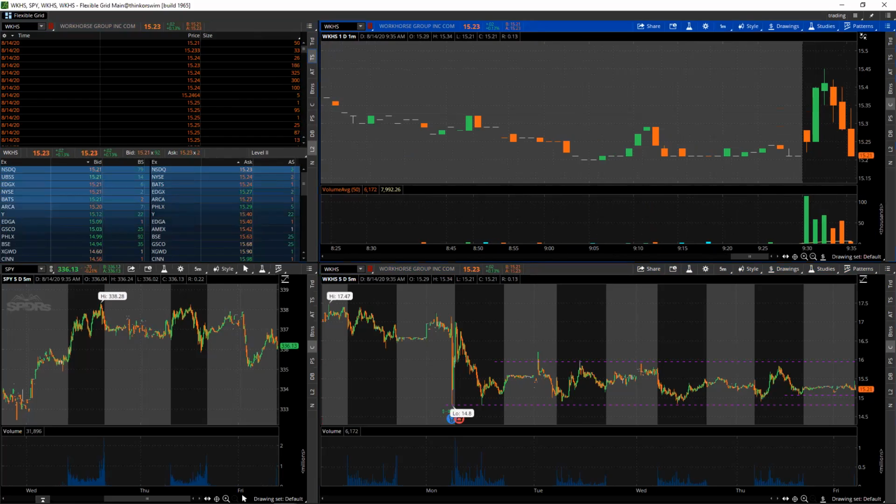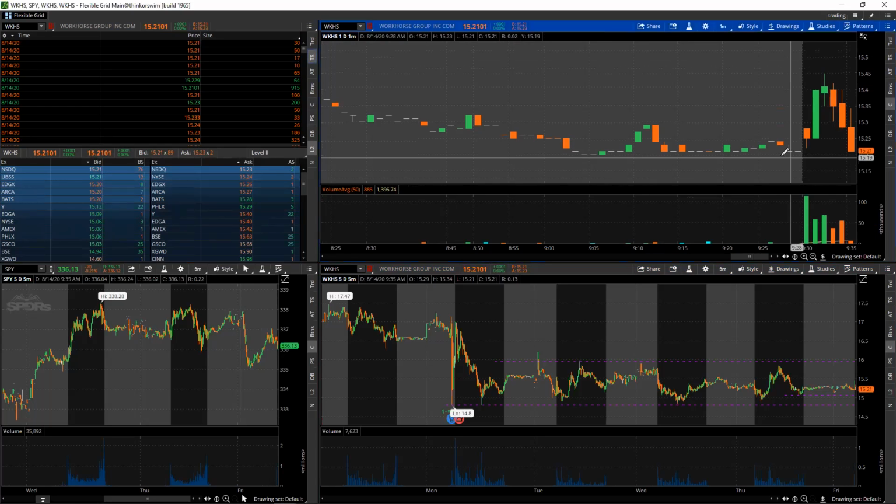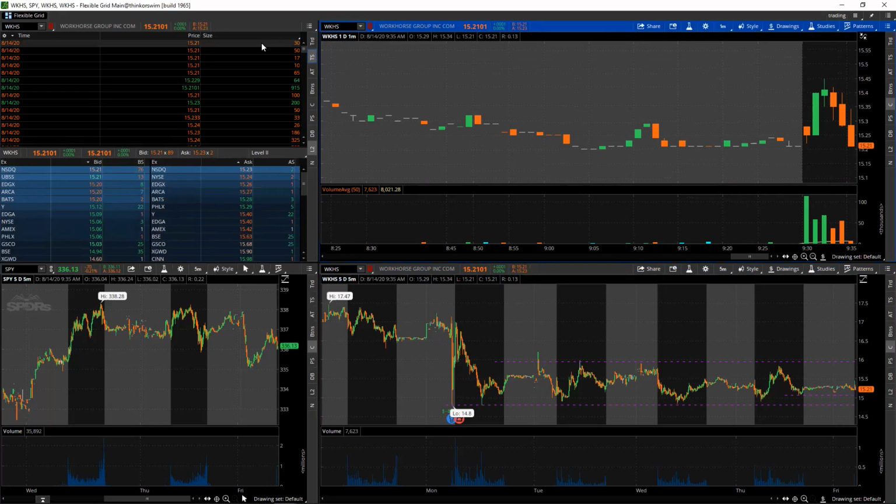So first of all, let me pause this really quickly. In terms of the context, I want to show you guys two things here. First of all, you have huge bodies of 1521, 1521, 1520, which is telling me there are people looking to accumulate shares at this point, which means it's likely to move back up. You see huge buyers like this, much larger than anywhere else on the tape at the moment. But it's also printing aggressively on the bid, meaning the price is getting pushed down. People are selling, people are trying to get out of their positions.